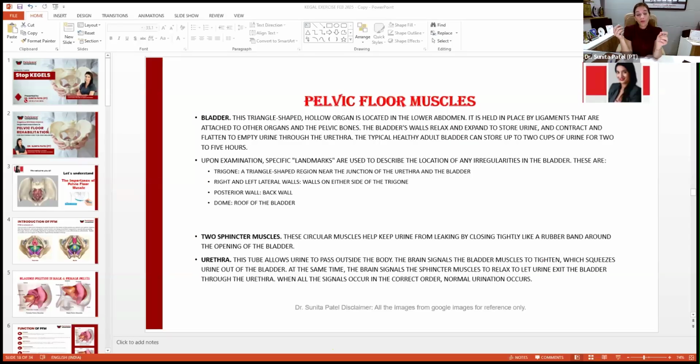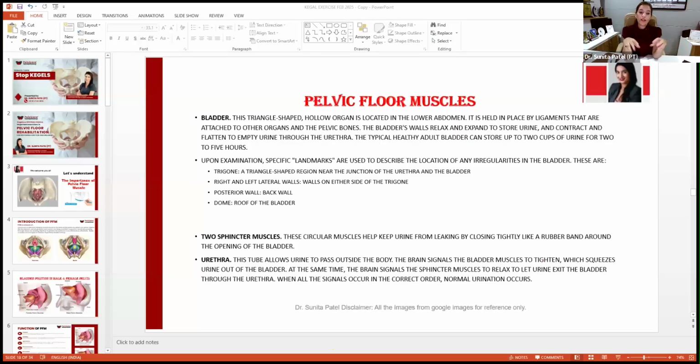3 plus. 4 plus: I inserted my finger inside and suddenly your muscles sensed that something is there and did a reflexive action. Without any command from the examiner, there was a strong circumferential hold on the examiner's finger. It means I didn't tell you to squeeze me, hold me, and your muscles grabbed me. It means your muscles are involuntarily functional. There is a good reflexive action in your pelvic floor muscle. It is not only the muscle, even the nerves which supply the muscles are intact. So that is a very good muscle.